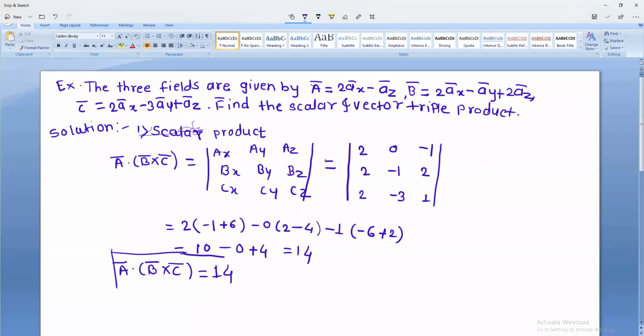Scalar triple product is a scalar quantity. Always box your answer so that the examiner can directly check your answer. Your write-up must be clean and very neat. Okay. Actually, I cannot write on the slate very easily. It's difficult to write and use this slate. Okay. So everyone understood this? Yes, ma'am. Okay.